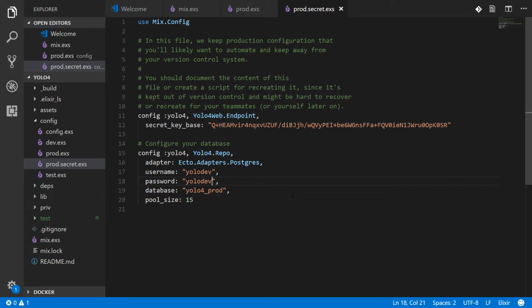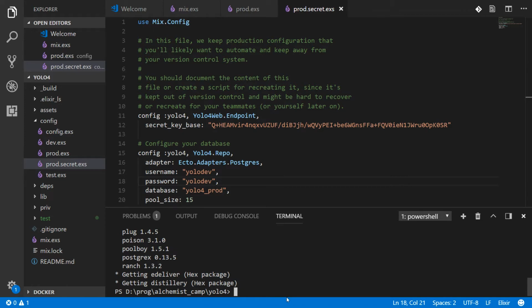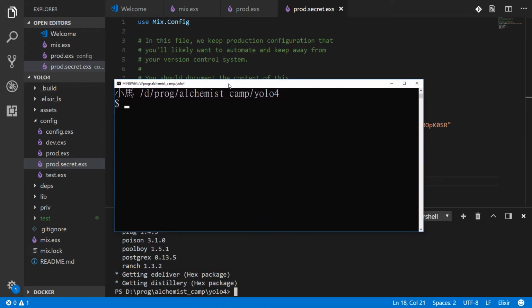Okay, next thing is getting this file to the server. Easiest way is probably just with SCP, and I haven't installed the OpenSSH tools for Windows 10 yet, so we'll open up Bash, and I've made the font gigantic so you can see what I'm doing. Use SCP or secure copy to copy config/prod.secret.exs to